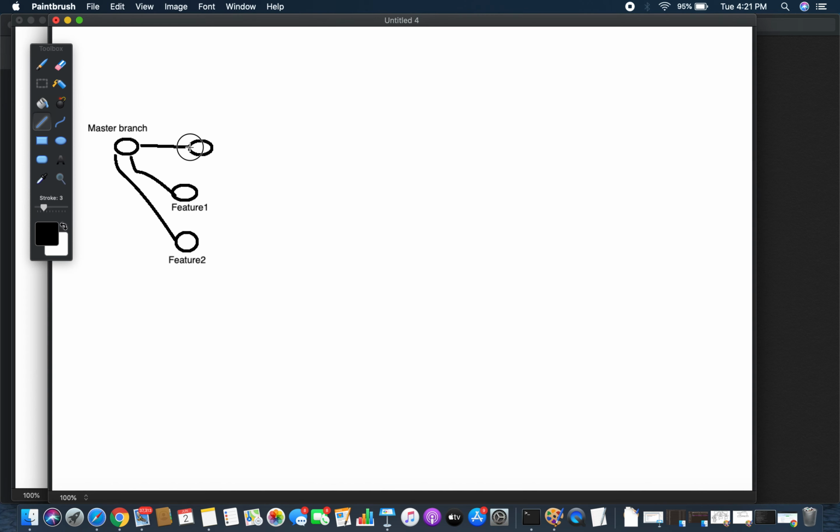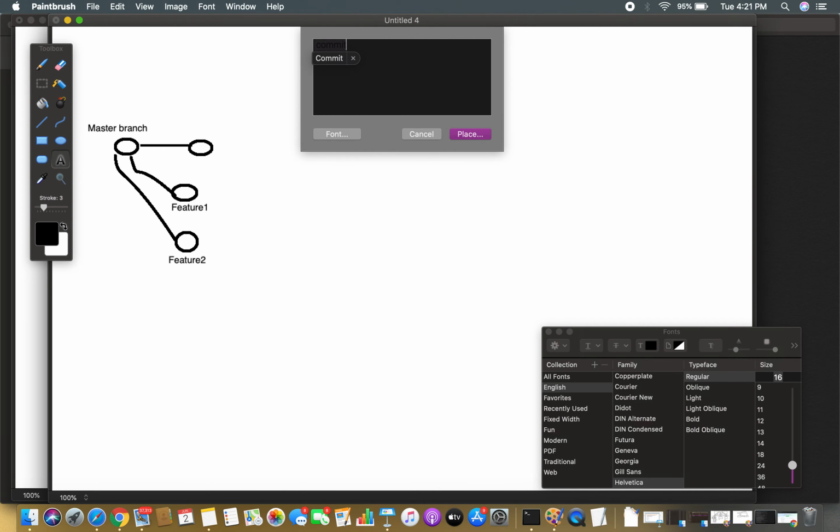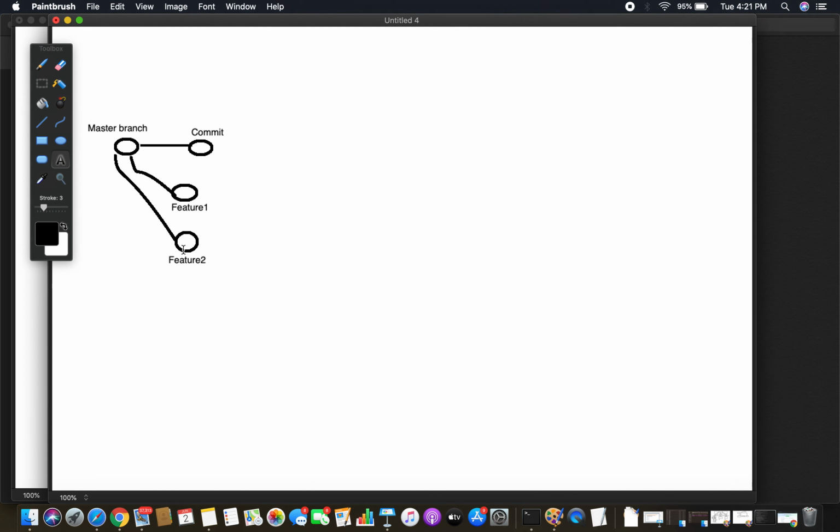This is my commit on the master branch. When these feature branches were created, the master branch was here. After that, some changes also happened on the master branch, and this is the commit.